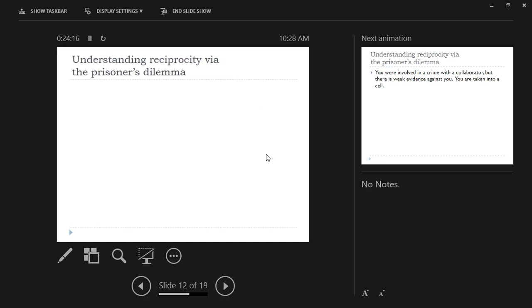Now, I think those ideas make some sense. They have been modeled with game theory. And so there's this old idea of prisoner's dilemma. I think it does a really good job of helping to understand reciprocity in a little bit better detail. Have you guys run into prisoner's dilemma in a psychology class or anywhere else before? A couple nods or people saying yeah.